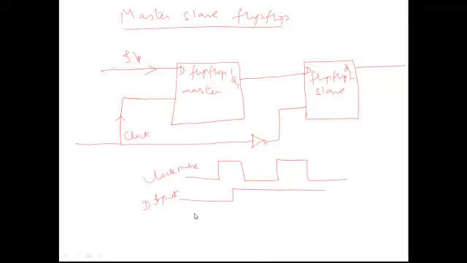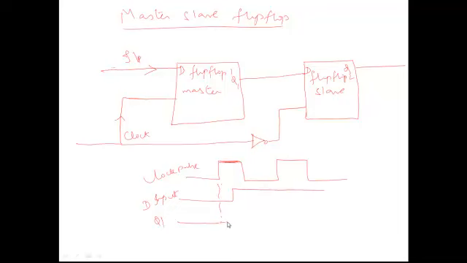Now, as we know, the master is positive level triggered. Positive triggered in the sense that as long as the clock is at positive level, the master will respond to any changes in the input. As we all know, a D flip-flop is nothing but a delay flip-flop. Whatever is there in the input will be given as the output. So now the Q1 output: the master will be waiting till the clock reaches this point, where the positive level is starting. The master will now try to respond to the input.